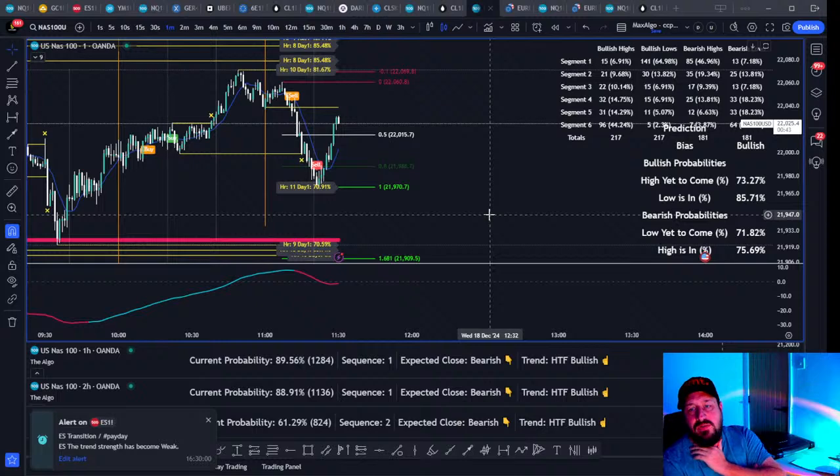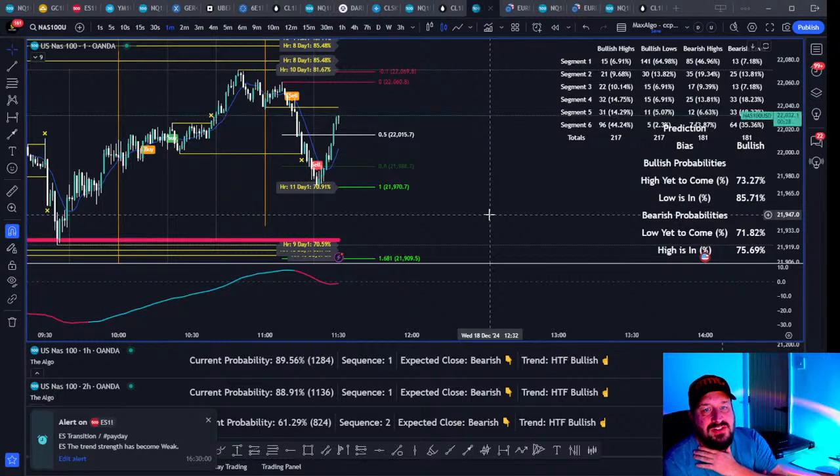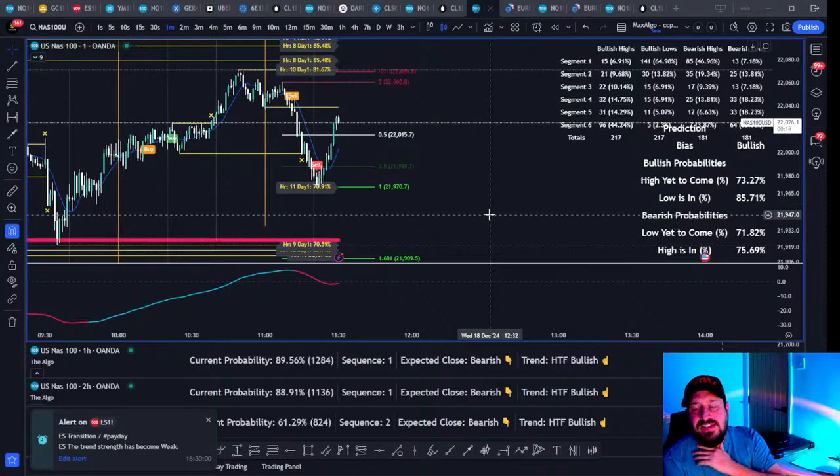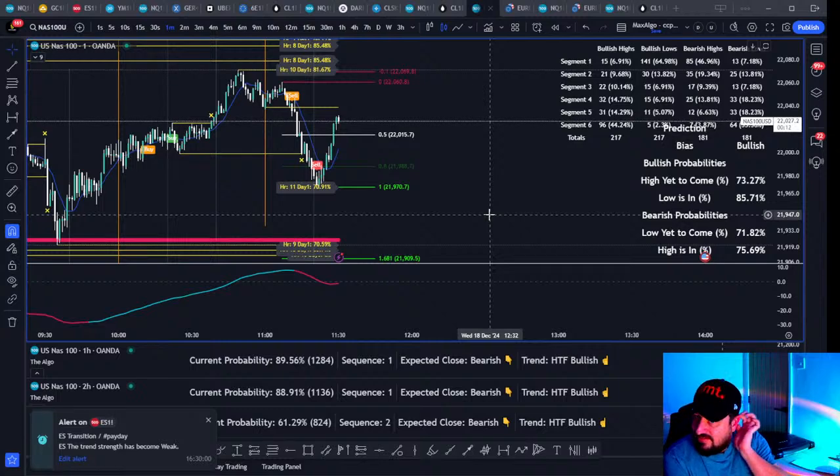It's a bit of a cheat, this one, isn't it, really, T? It's a bit of a cheat because it's based off of Wanda, and the backtest is obviously based off of futures. So really, I shouldn't be taking it, because if it's based off the futures, it doesn't count. So the rule is, you shouldn't be taking the trade. That's what I'm going to say. What do you think, T?